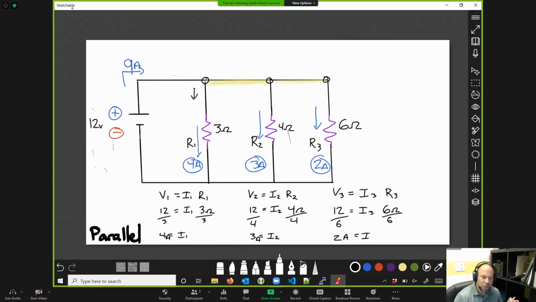Let's go through this really quickly. I want to talk about one last concept of balance, and it has to do with current. Specifically, this is Kirchhoff's current law. What this law states is all current entering a junction has to be equal to the amount of current leaving a junction. It sounds super cerebral, but when we see it in action in a moment here, it's going to make some